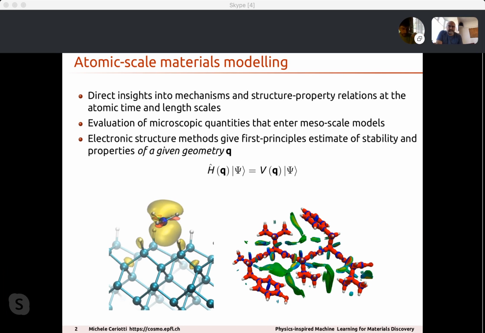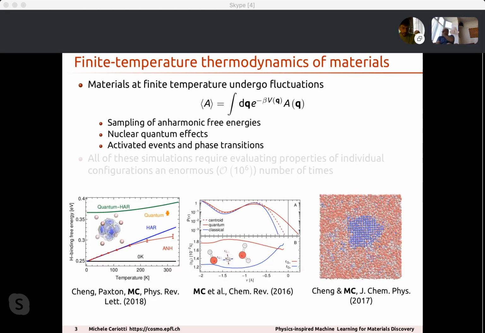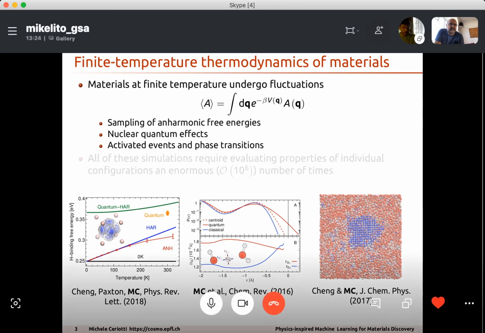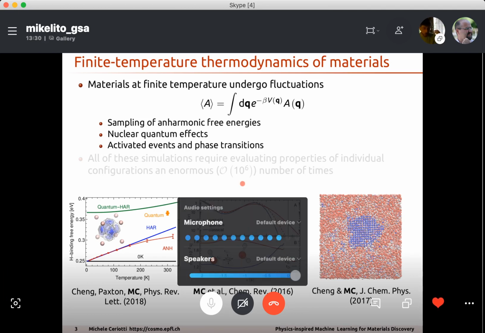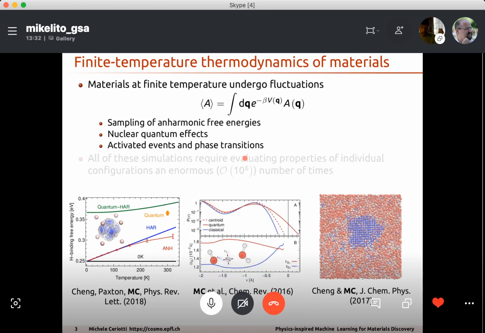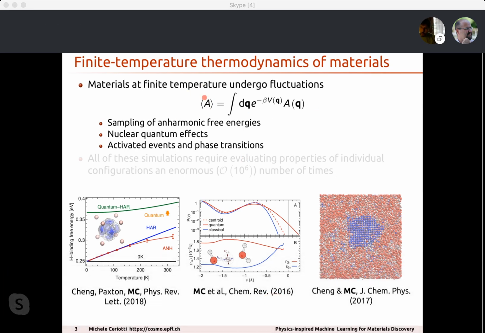Now, if, like I do, you actually care about the properties of real materials and real molecules, well, real materials and real molecules are not just one static configuration. They will undergo fluctuations driven by temperature or by the quantum mechanical nature of the nuclei. And then the macroscopic properties that you really want to obtain are not the result of a single configuration of the nuclei Q,